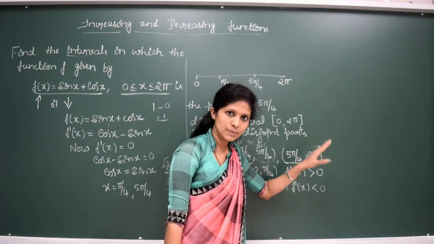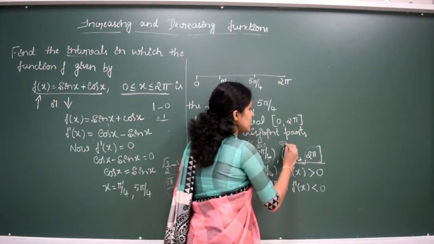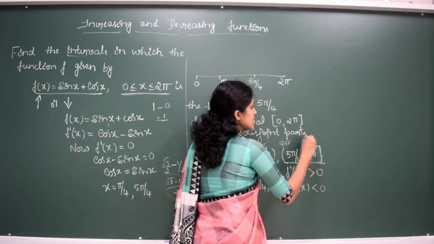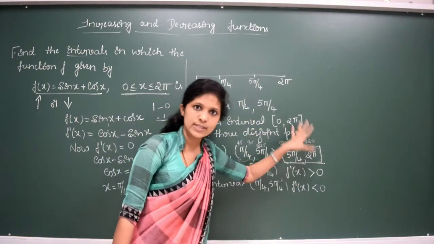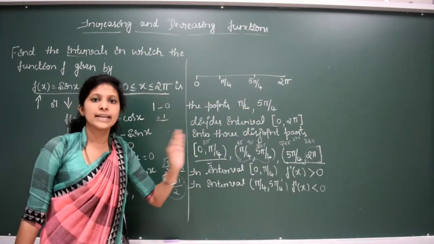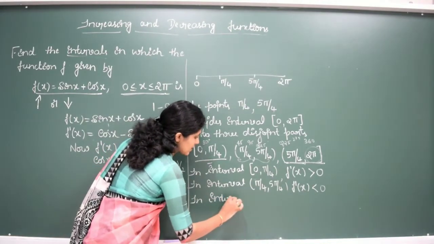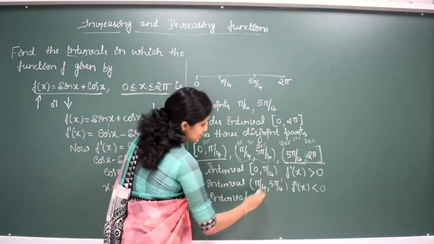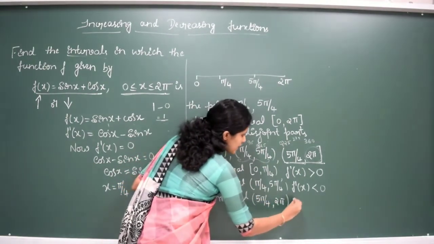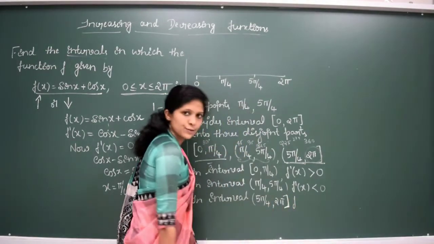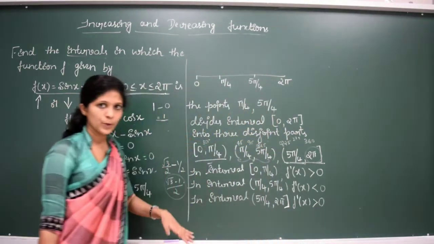Is it clear? It is not compulsory that you have to check with only 2 pi. You can check with any angle. Here the angle is between 225 and 360 degrees. Either you can go with 275 degrees. Any values you can check. If you check with those values, the function f dash of x will be greater than 0. So in the last interval, 5 pi by 4 to 2 pi, 2 pi is included, sorry, the function f dash of x is greater than 0. I hope you understood this.